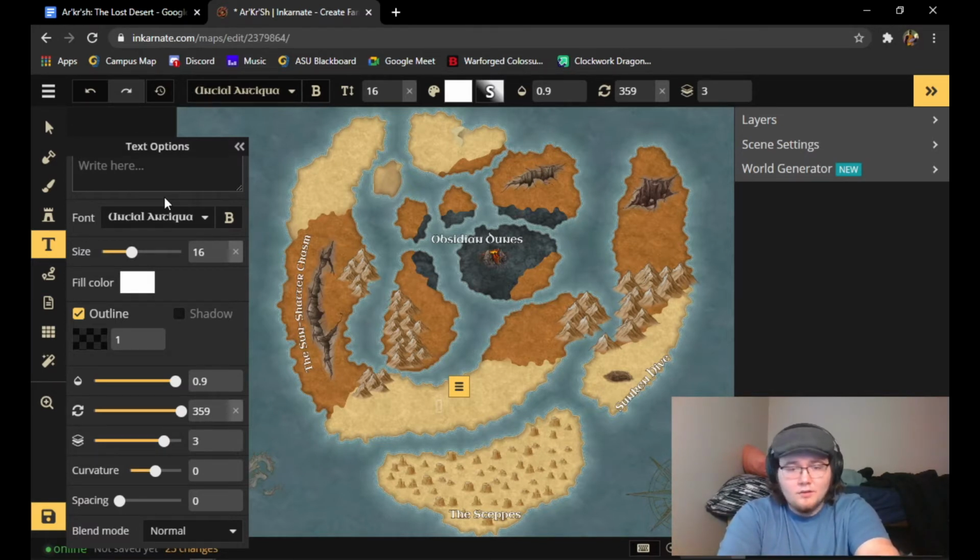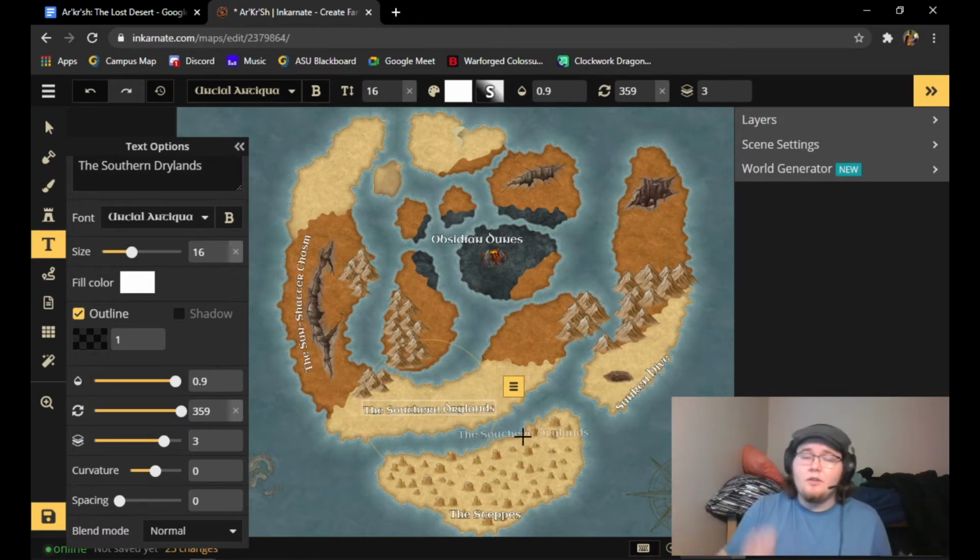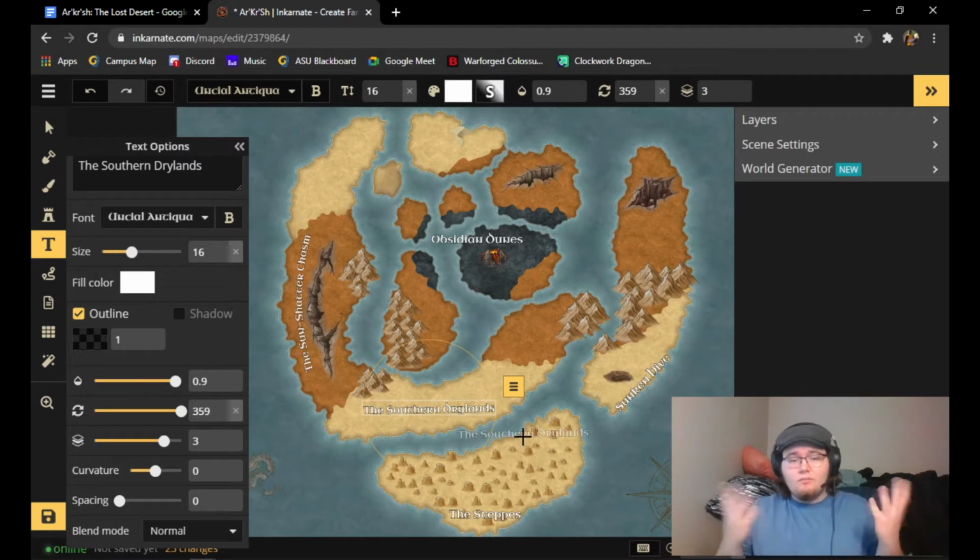Lots of molten kind of rock themes. So we're going to go with the southern, no, drylands. Southern drylands. May think that's a bit basic, but you know what? It's south, it's not the steeps, and it's a desert. We're trying to stay away from the word desert as much as possible, but desert is over here, so obviously we'll be desert somewhere.